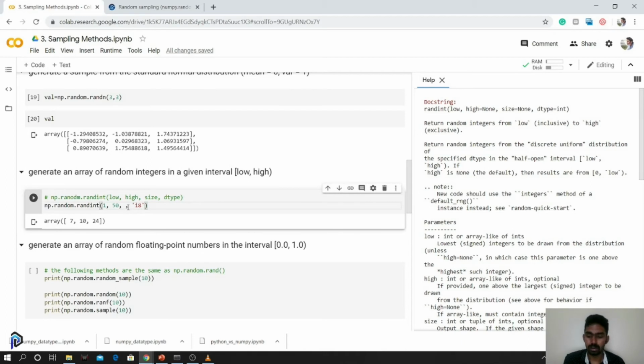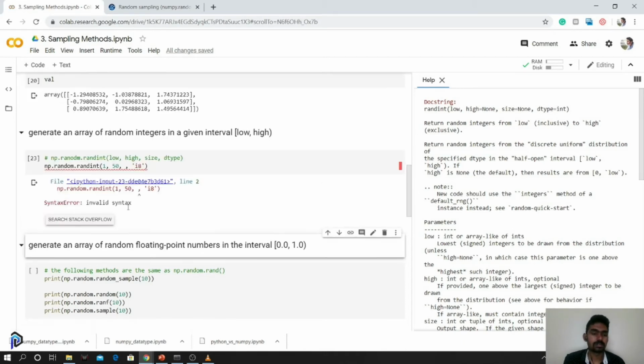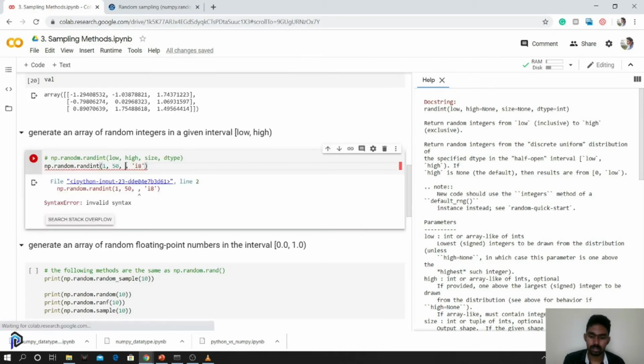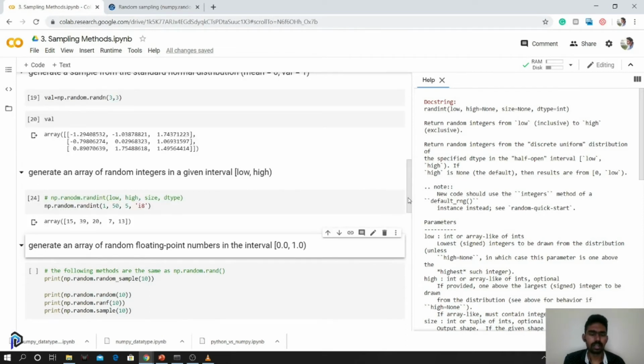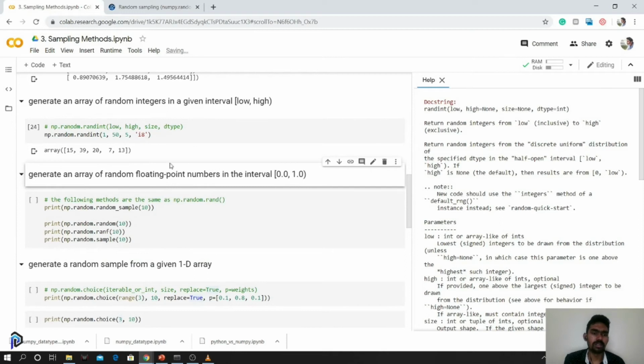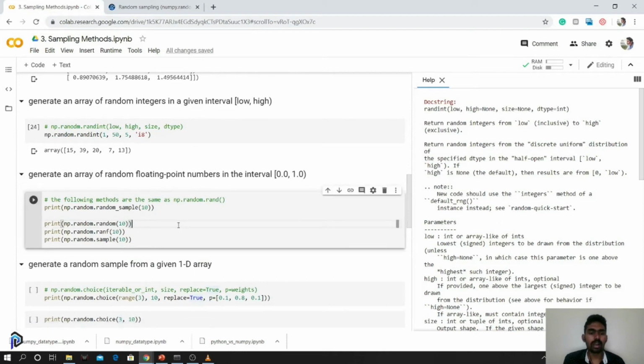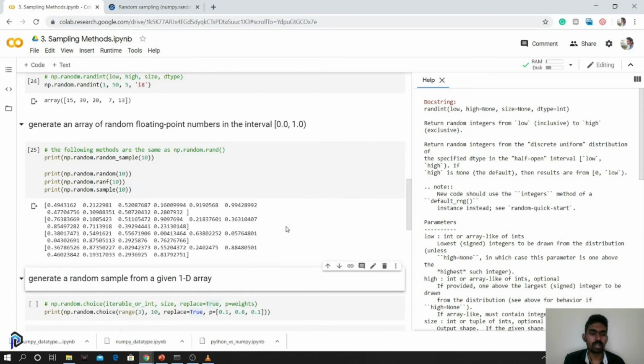I can also create 5. As you can see, there is no order maintained with these numbers. Similar to np.random.rand, we can also use other functions like random.random, random.ranf, and sample to generate random numbers.